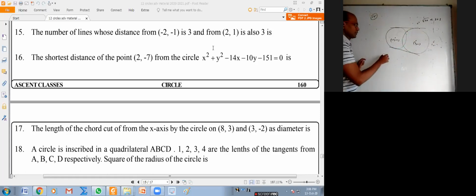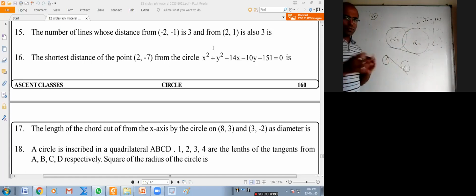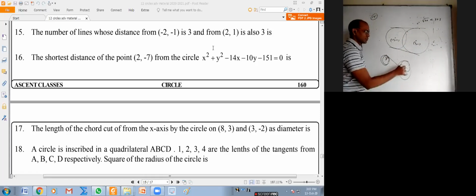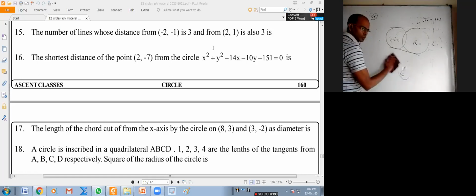If they were completely separate like this, I would have got two more lines where this distance is also 3, this distance also 3. They don't have to give 3 and 3. In some other question, they can give this is 3 and this is 5. Then you have to take this circle of radius 3, this circle of radius 5, and then try to find direct and transverse common tangents. Same direct common tangent asked in a slightly different way. Is it okay? 15th one? Only 2.